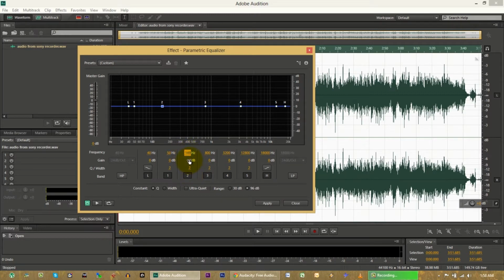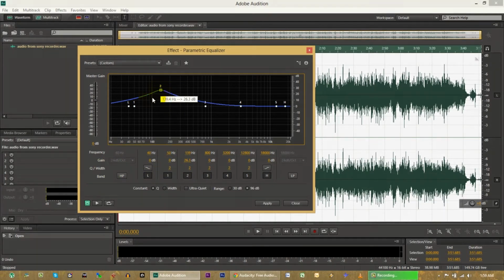The second thing you can change is your gain, and that determines how much the amplification is increased or decreased. So flat means zero amplification. Anything below means a lower volume because you're decreasing amplification. Anything above zero is raising the volume, increased amplification. The final of the three settings on each of these is the Q value, and the Q value is basically the width.